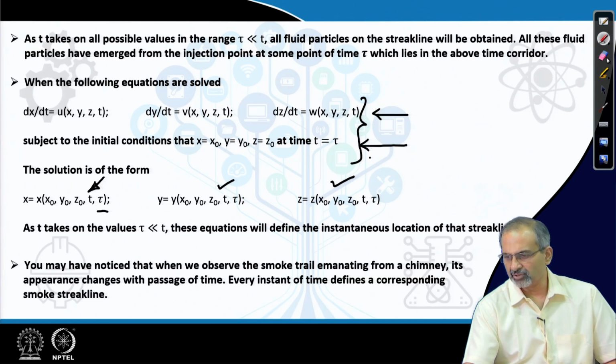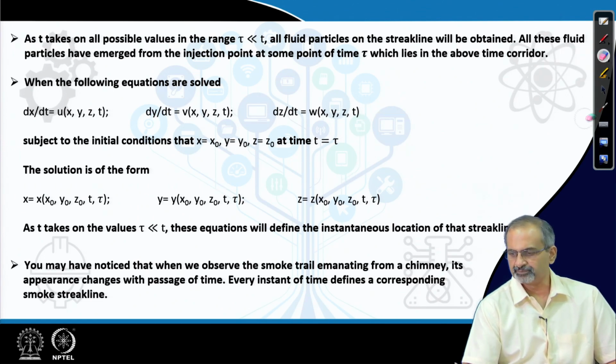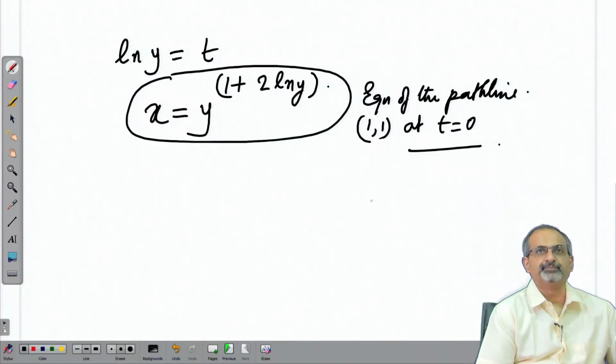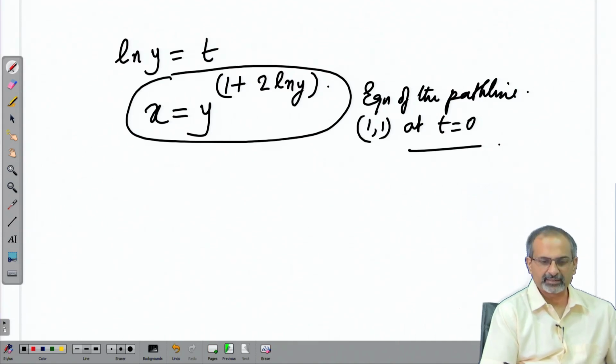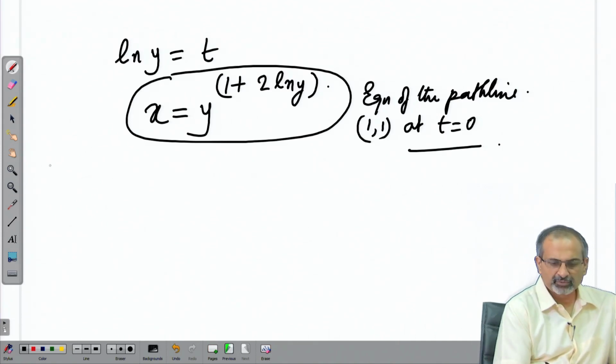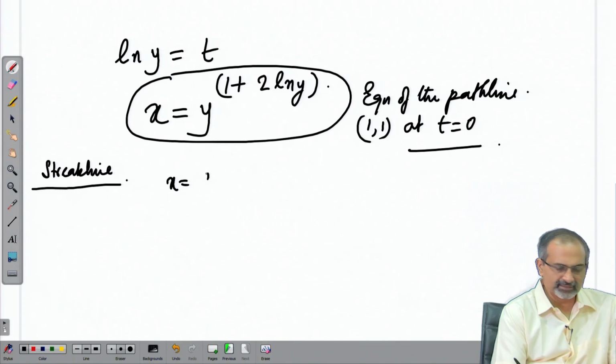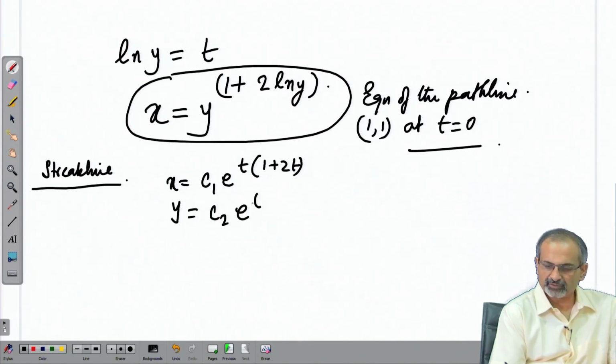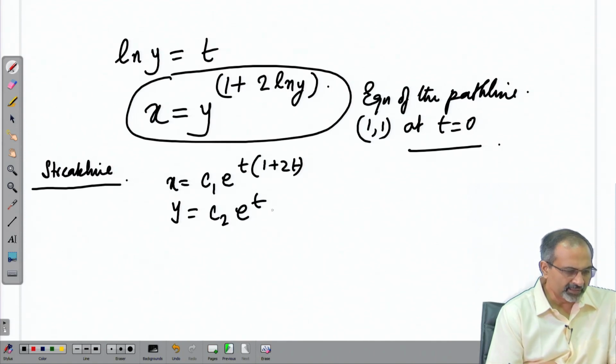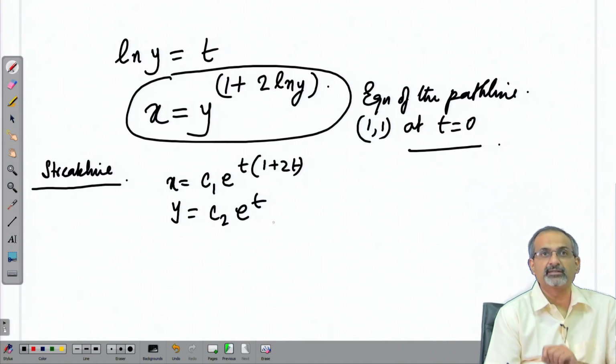Okay. So, keeping these concepts in mind, let us go back to that problem, and now let us try to solve that problem in light of the streak line. So, this is where we ended last time for the path line, and now we are going to work out the streak line. So, what did we already solve as a part of the path line calculations? We had already solved up to x is equal to c 1 e to the power of t, plus 2 t, y is equal to c 2 e to the power of t, in the parametric form, and then we had worked out the constants c 1 and c 2.